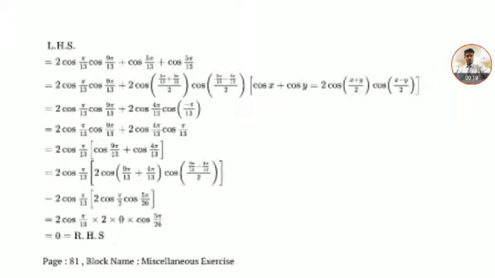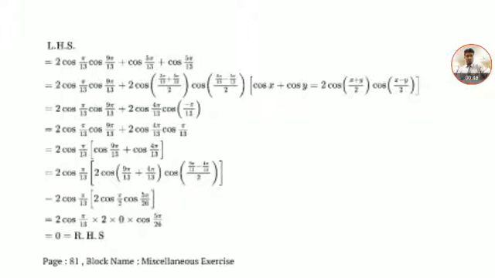Okay, so first is the formula for cos C plus cos D. Some people say it's cos A plus cos B, or some say cos x plus cos y. It means the same. The formula is 2 cos (A plus B) by 2, or (x plus y) by 2, times cos (x minus y) by 2. So just apply the formula to the last two cos terms, and leave the first one as it is.